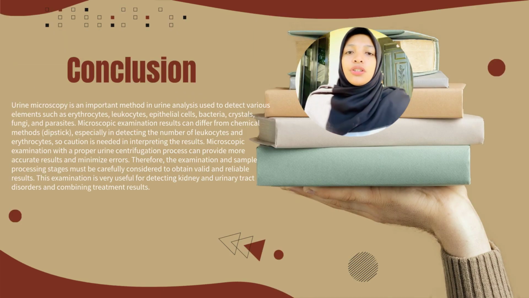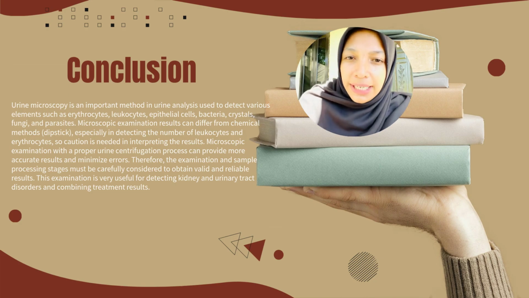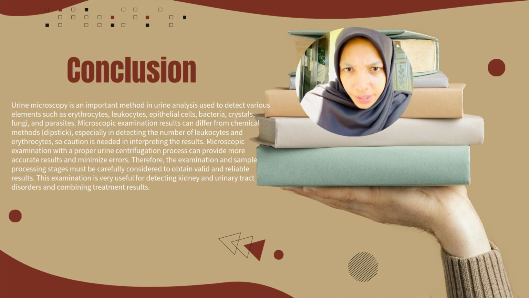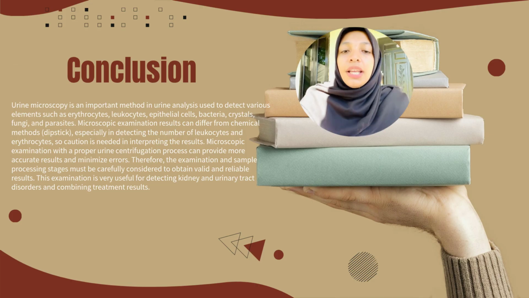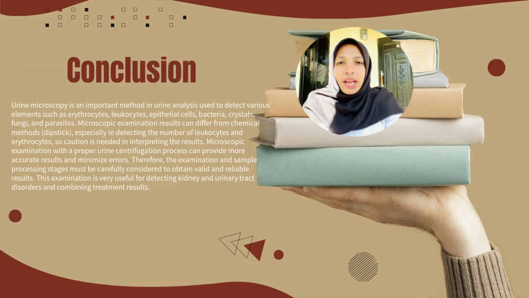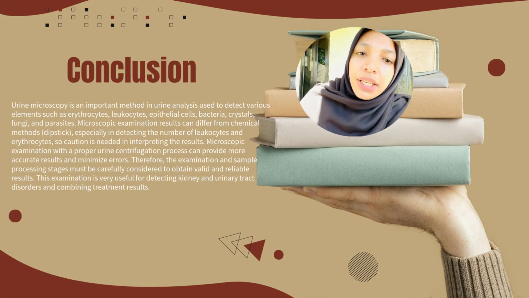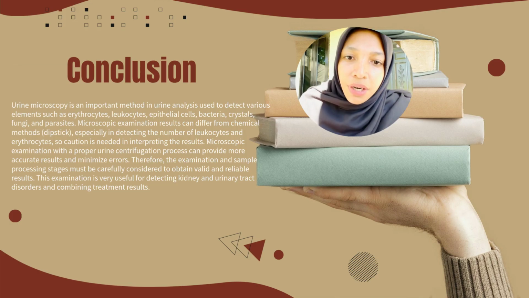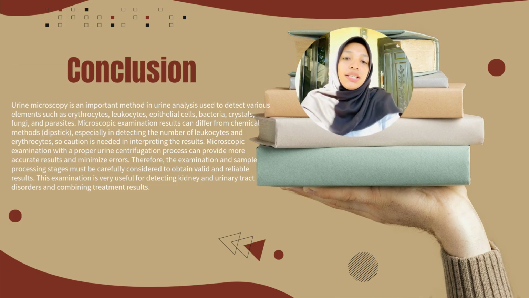Conclusion: urine microscopy is an important method in urine analysis used to detect various elements such as erythrocytes, leukocytes, epithelial cells, bacteria, crystals, fungi, and parasites. Microscopic examination results can differ from the chemical method or dipstick, especially in detecting the number of leukocytes and erythrocytes, so caution is needed in